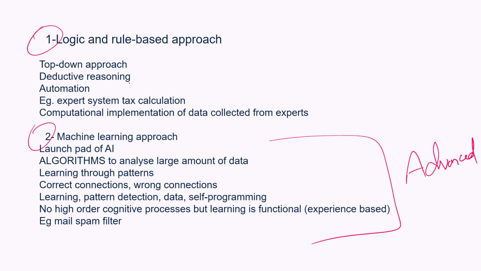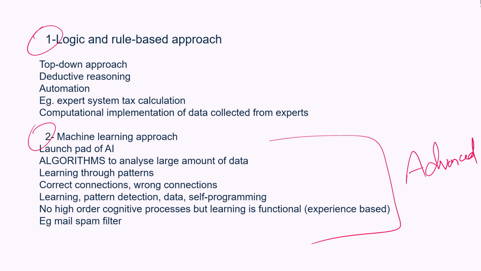In the logic based approach, the AI functions on the logic fed into it. But in the machine learning approach, there are definitely initial algorithms which are fed, but it learns through patterns, on its own. So that makes the second approach more viable, more advanced, and more usable in the context of the legal field as well,